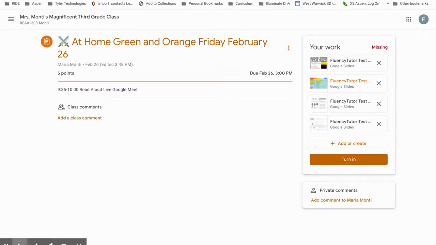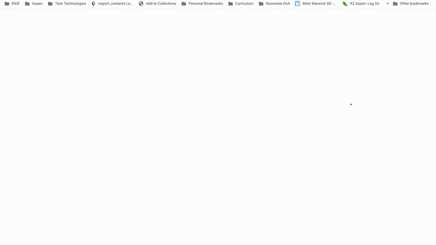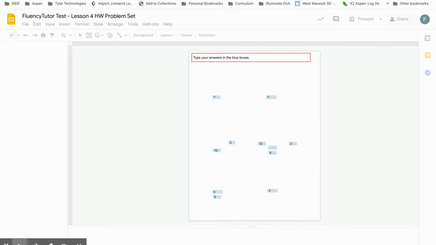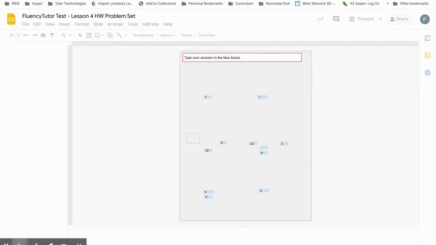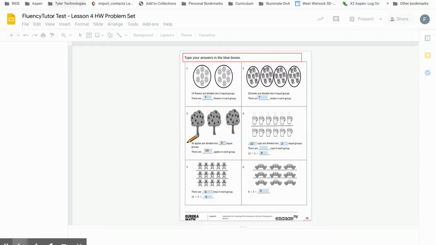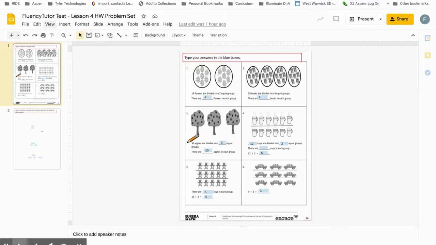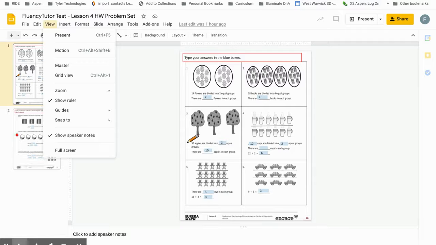Google Classroom page, and I am going to actually look at the work that the student did. So this is their math work, and when I click on that, it opens up their individual math work for that day. And on this assignment, if you want to view it a little larger, you can click on the view option and zoom in. So I'm going to zoom in a little bit so we can actually see